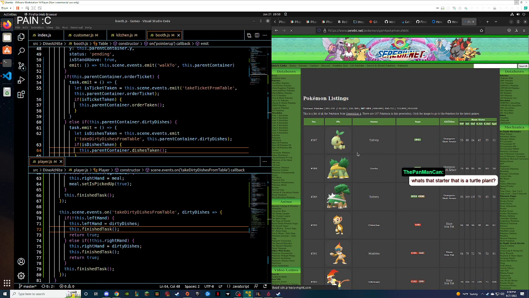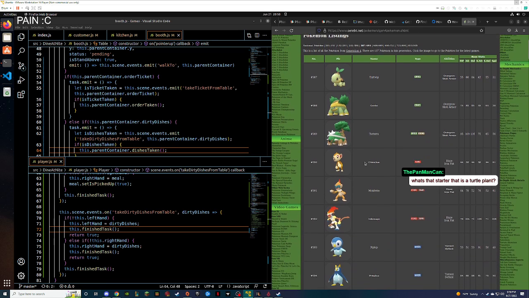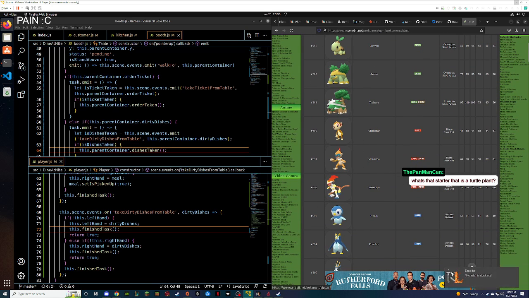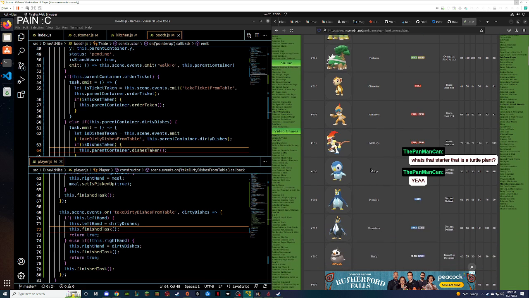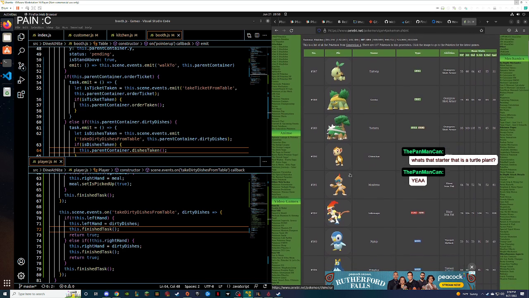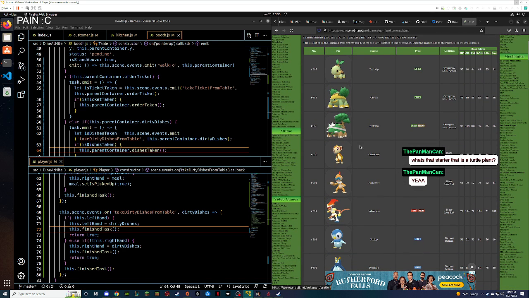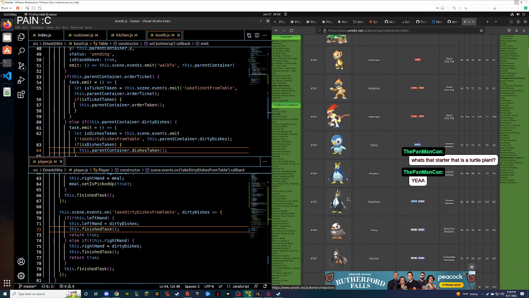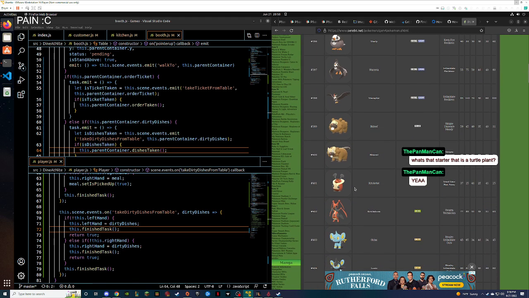Yeah, Turtwig. I love Piplup, mainly because I love penguins. This is a good one too. See, these ones are good. But Gen 3 was just like, what happened to the final evolution of these Pokemon?